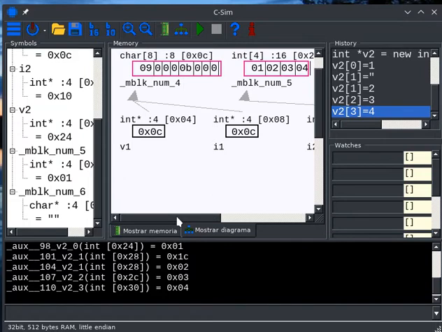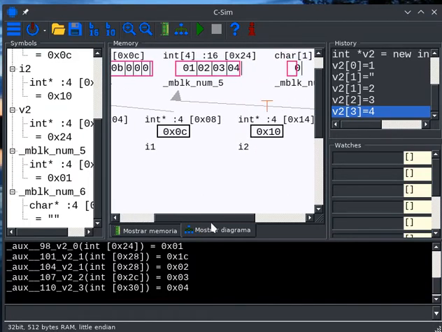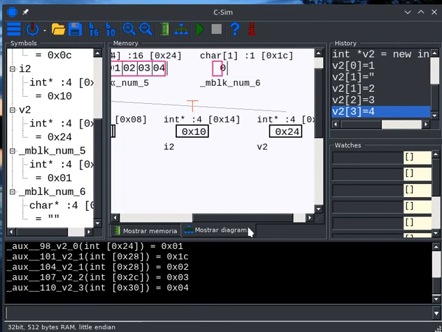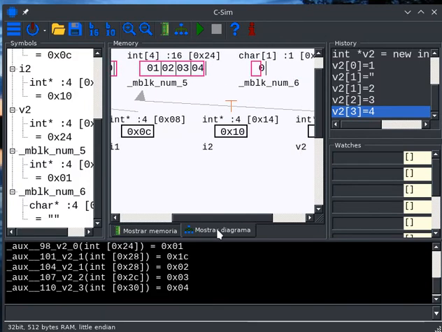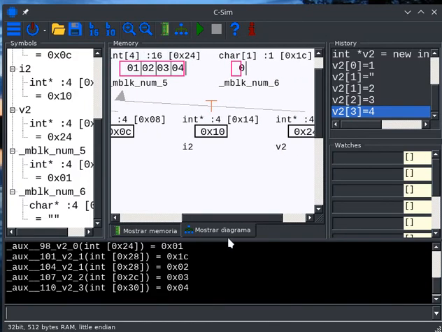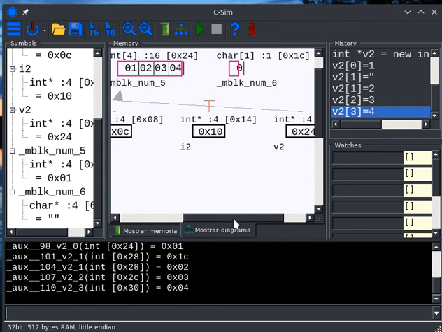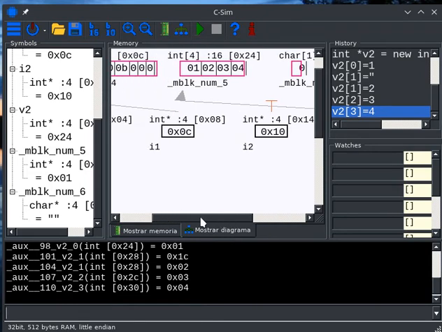So, being these two variables created here, v1 and v2 arrays, the main difference between them is that they were created differently. The first one, v1, was created by means of malloc, and it's a non-typed array, so it's a vector of bytes. The most approximate type here is char, so it's an array of char. And v2, which is created through new, is a typed array, and each position is of type int, and